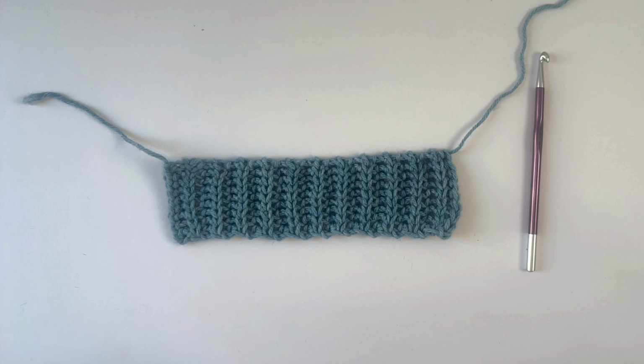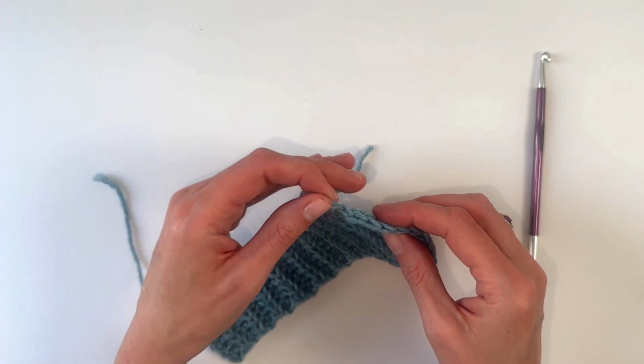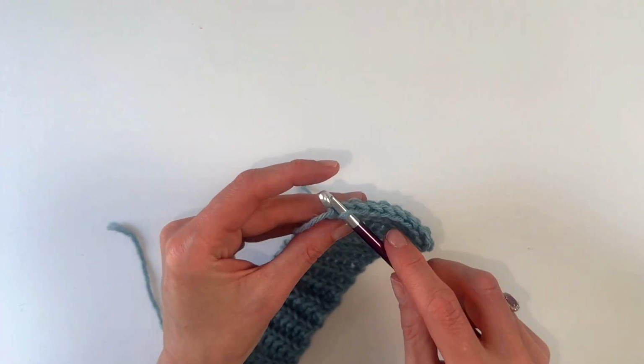I am going to continue on with my 6mm hook. So we're going to join in a new colour. I'm done with this one for the moment. So to do that, I am just going to insert my hook into the top of that very last stitch